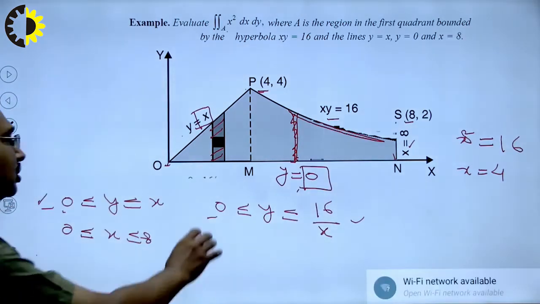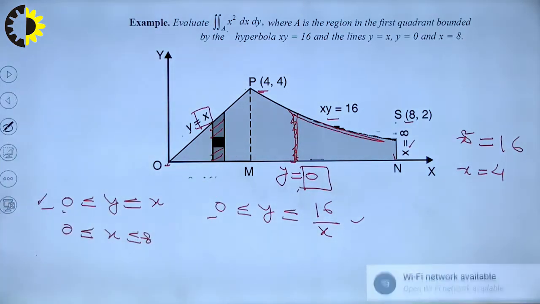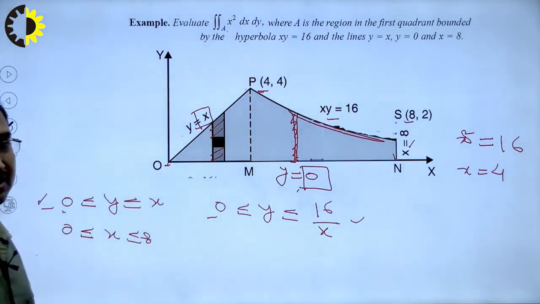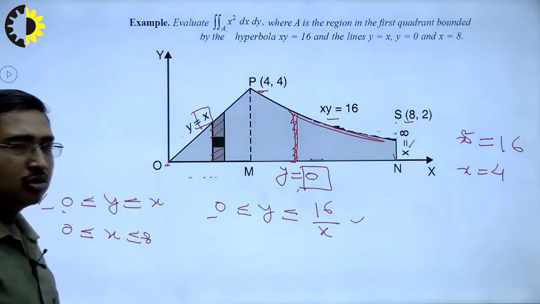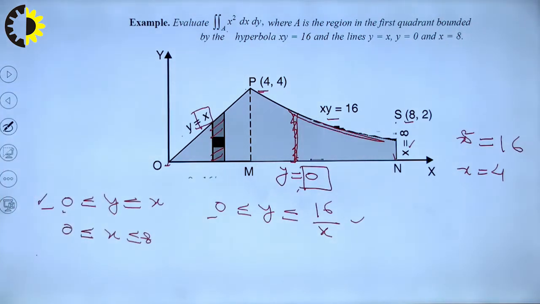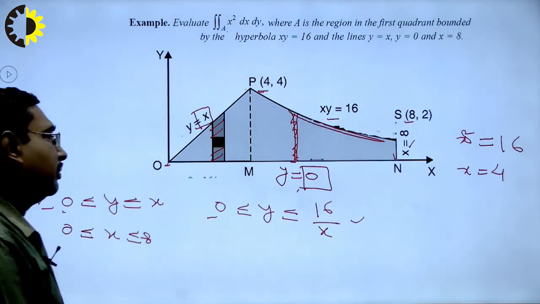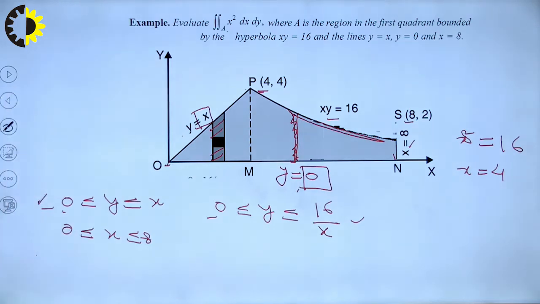Whenever the equation of the boundary is changing, we shall not be able to find the limits by the usual process. In that case, we will be required to break the region into two parts. Separate limits for both parts will be calculated, and then adding those we will obtain the required integral.